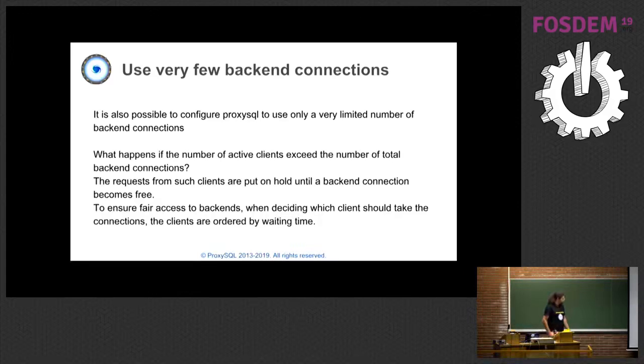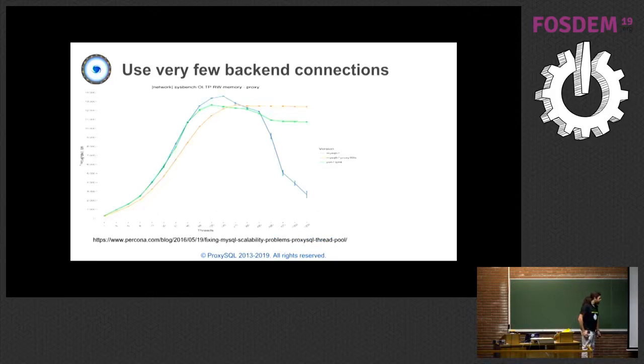And this is even more easy to understand on the next slide. So basically, this was a benchmark done in 2016, so almost 3 years ago, done by Percona. This is a read-write workload using MySQL 5.7 and Percona Server 5.7 with thread pool, and ProxySQL limiting the number of backend connections to 200. At a low number of connections, the performance of both MySQL Server and Percona Server was higher than ProxySQL, and that's expected because ProxySQL has to analyze all the traffic before executing it.